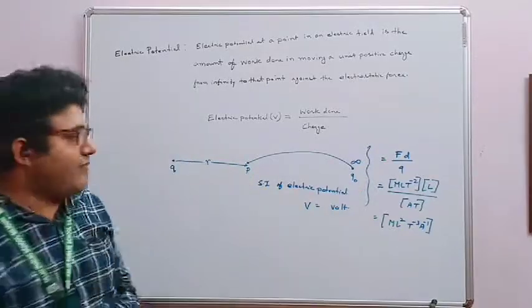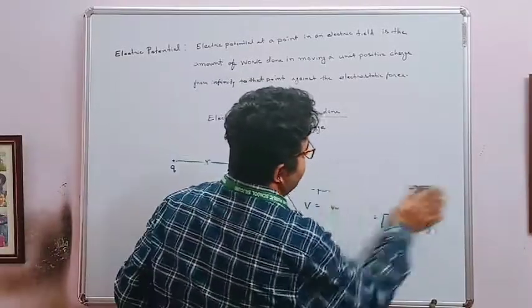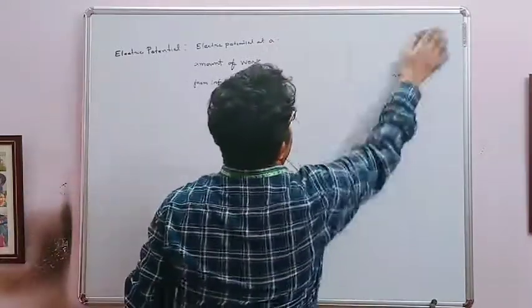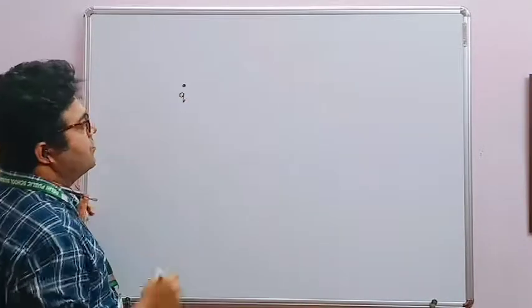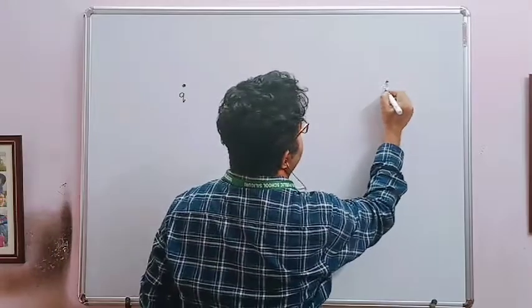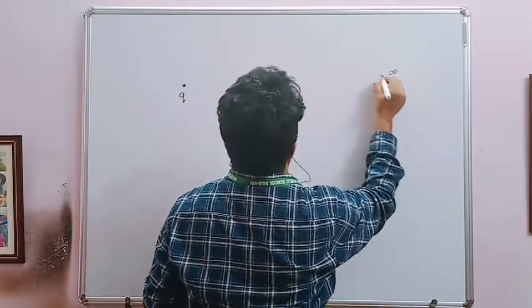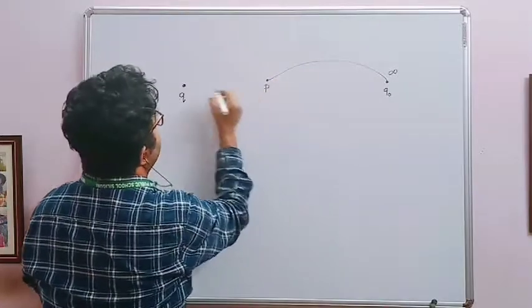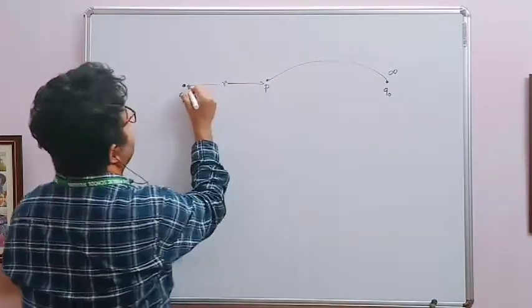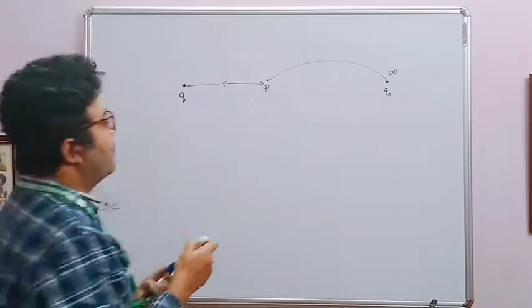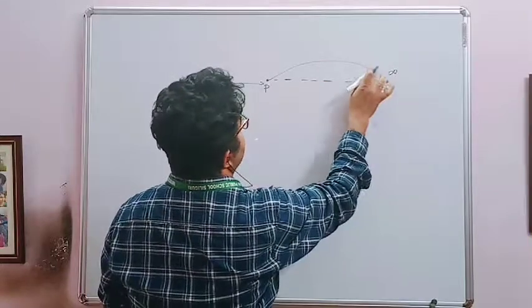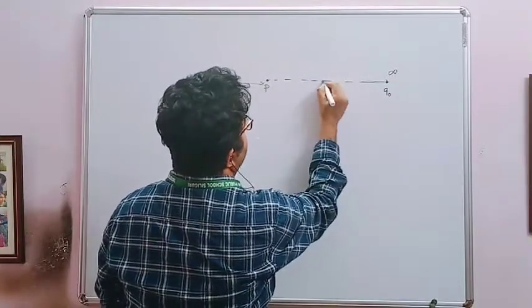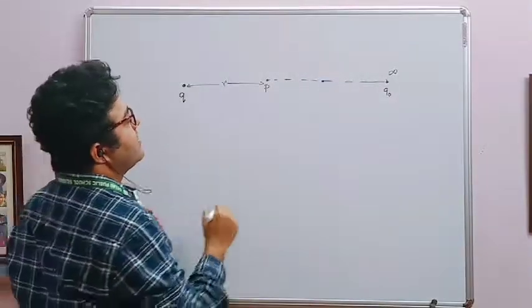So now we derive this formula. This formula is very, very important. Let we have a charge Q and we bring a charged particle Q naught from infinity to a point P, which is at a distance R, and due to which we have to do some work. Now in between this, suppose we bring it in that way, and there is a point which is at